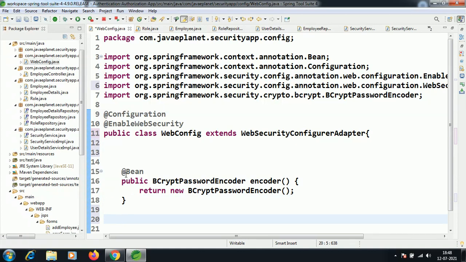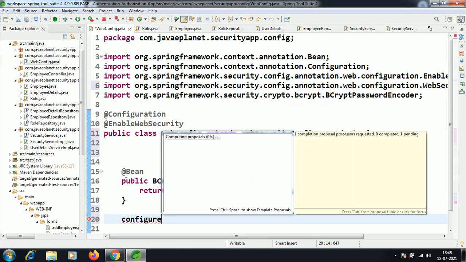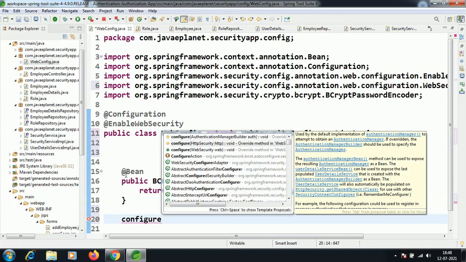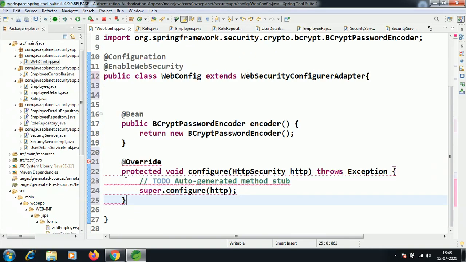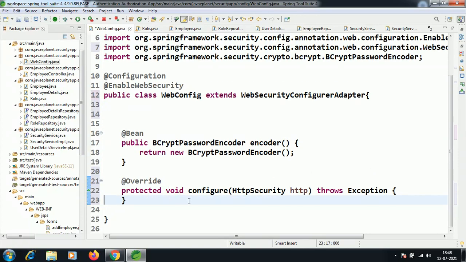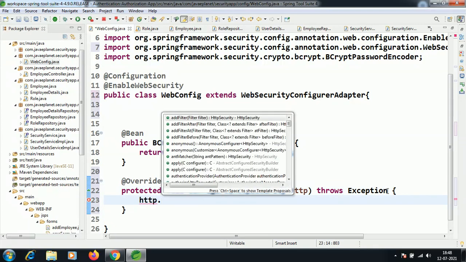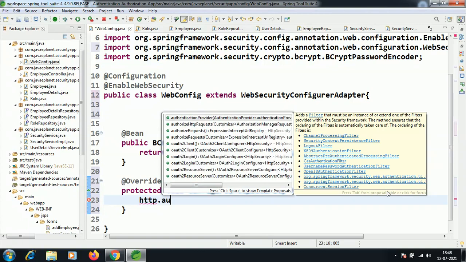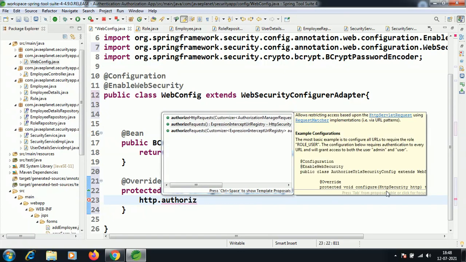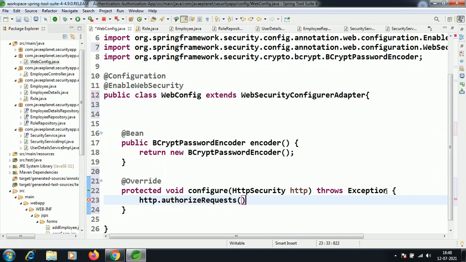For example, the configure method, which takes HttpSecurity as a parameter. Override that method which comes from the WebSecurityConfigurerAdapter. From that, by using http.authorizeRequests,